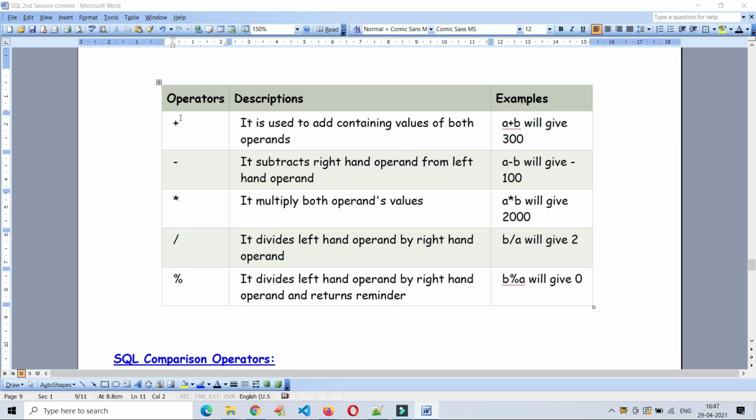Plus is used for adding two or more values, A plus B. A value is 100, B value is 200, so it will result in 300. Minus means subtract, A minus B, 100 minus 200, the outcome is minus 100. Multiply 100 into 200, that is 20,000 here.